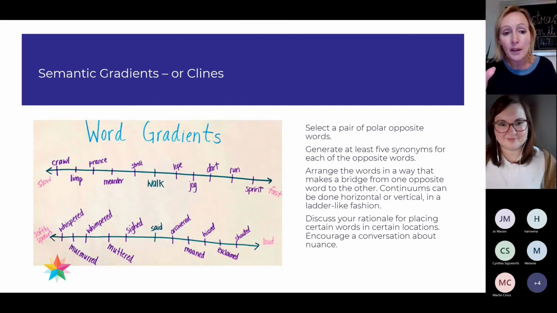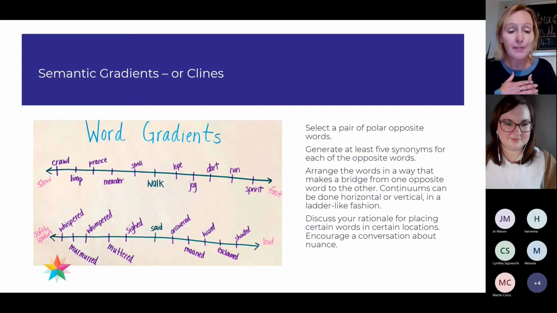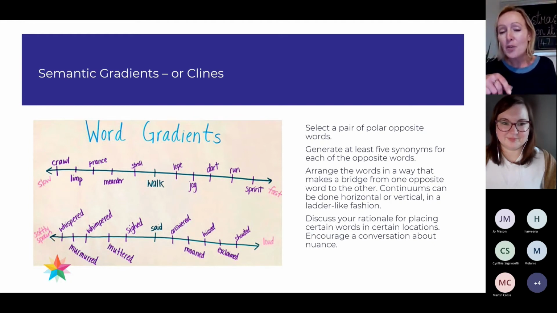We are deciding whether it is quicker to meander or to stroll. There's not a right answer there particularly. You might feel it's meander, I might feel it's stroll, but it's the discussion about meaning that is so important in this activity. Moving from softly spoken to loud, is it louder to exclaim or to shout? Is it louder to mutter or to whimper? All of those conversations can be really interesting.